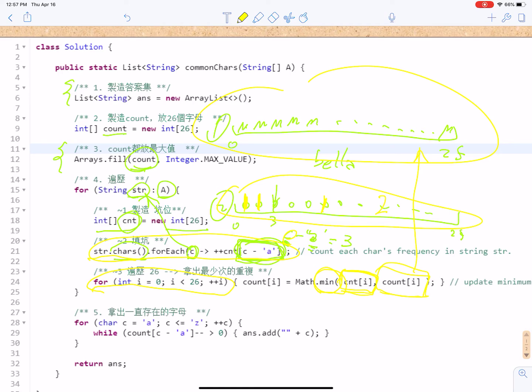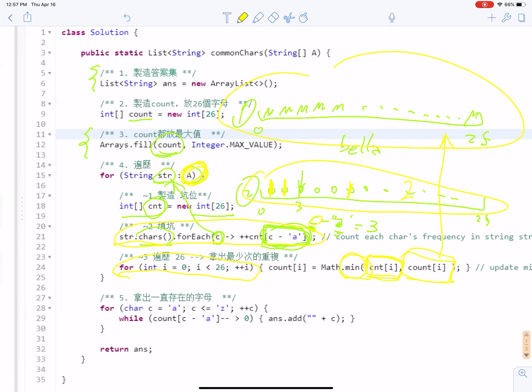The minimum is always the common characters in all the possibilities in the input. And finally, after we finish this step, we go through all the strings, and then we finally update the global integer array, and then